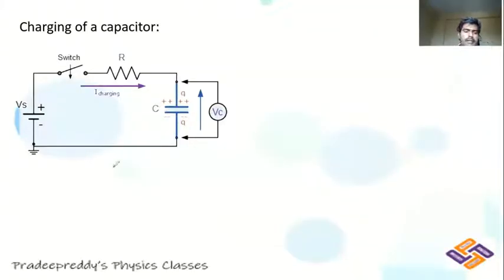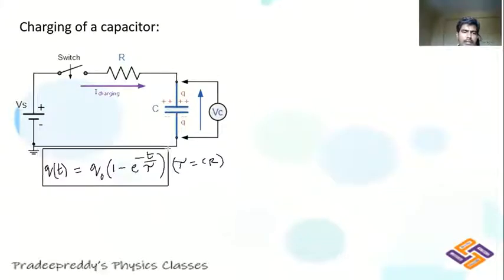Students, in the previous video session, we have learnt about charging a capacitor and we have got an equation for that. I'm not going to derive it again because we have done it in the previous lecture itself. So directly I'll be writing the equation: charge accommodated on the capacitor plate Q of t will be equal to Q naught into 1 minus e power minus t by tau, where tau is equal to CR. This is the equation which we have derived in yesterday's lecture.